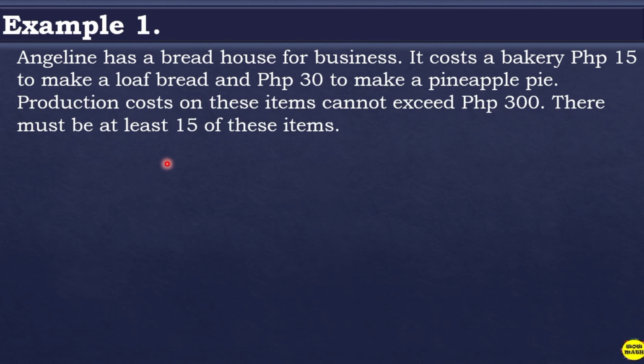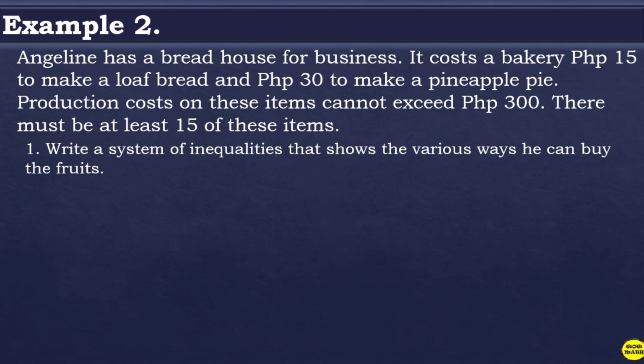Let's have the second example. Sorry, this is example number 2. Okay, let's have example number 2. Angeline has a bread house for business. It costs a bakery 15 pesos to make a loaf bread and 30 pesos to make a pineapple pie. Production costs on these items cannot exceed 300 pesos. There must be at least 15 of these items. So, isa-isahin natin. So, write a system of inequalities that shows the various ways he can